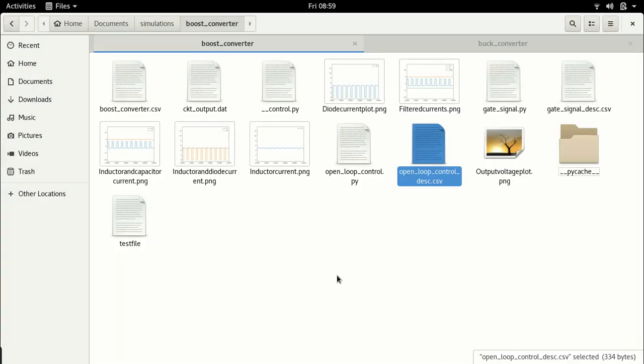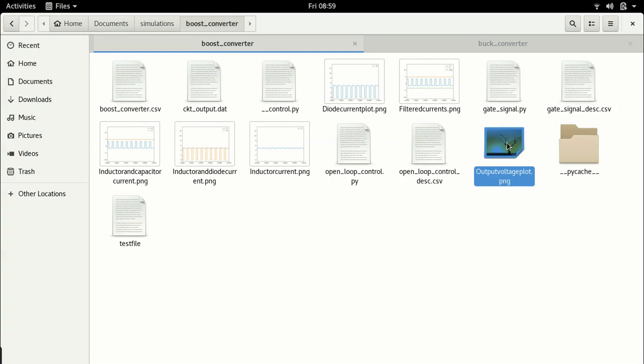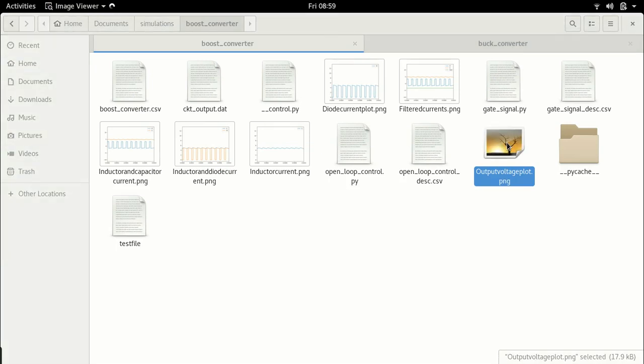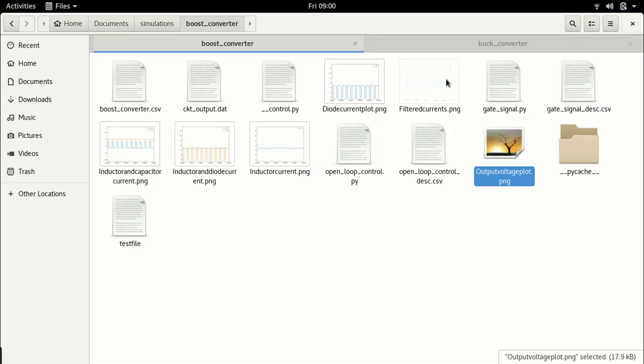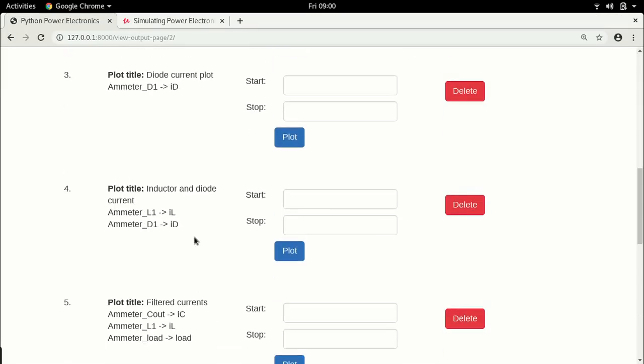And let's go to the file browser. This is the output voltage, and this is our output voltage. So you see what's happening here. Initially it starts at 0, it gradually increases, and it is probably increasing. So we have, let me go back to the circuit simulator,